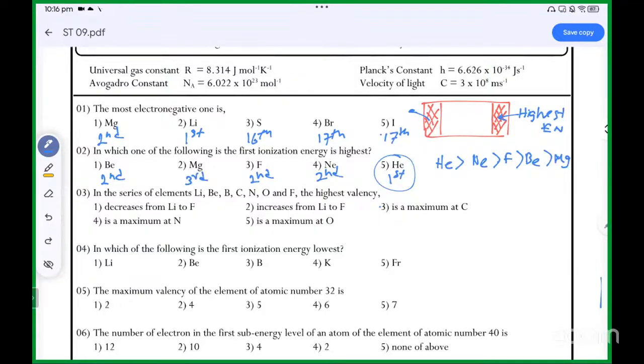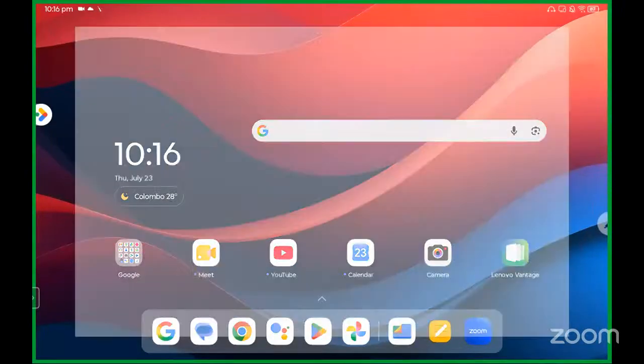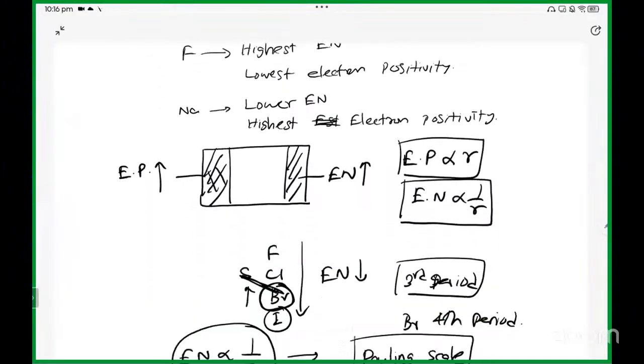Then, in the series of elements lithium, beryllium, boron, carbon, nitrogen, oxygen, and fluorine, the highest valency. Now they are talking about valency, right? So we need to be very clear on what valency is. So the valency is, right,